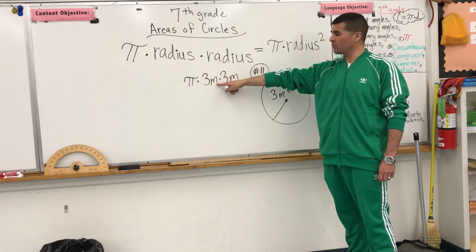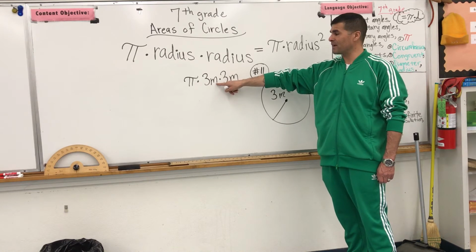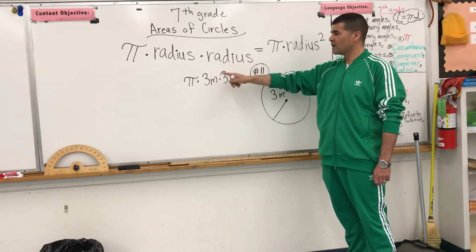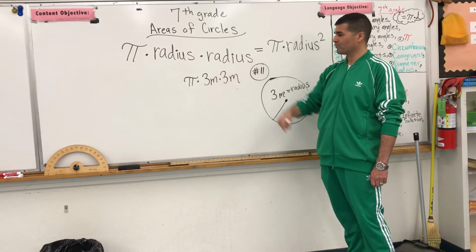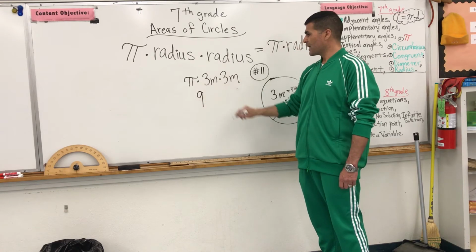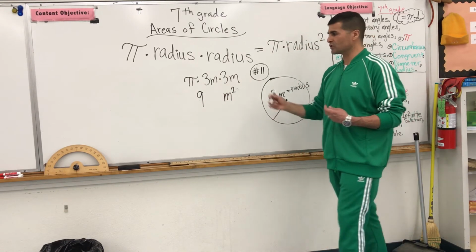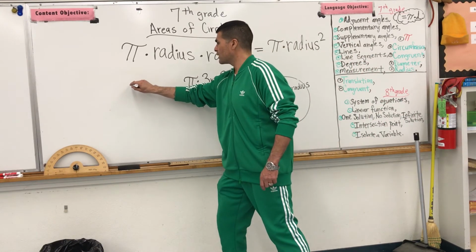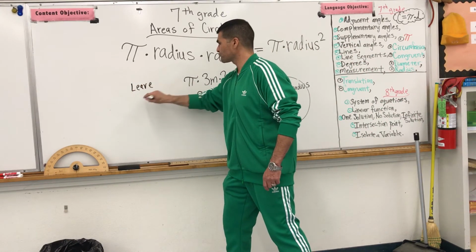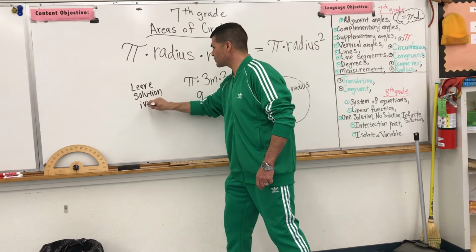M is the small abbreviation that we use for the word meters. When we're measuring meters on a meter stick, we use the small letter m. Well, 3 times 3 is definitely going to be 9. And we're definitely going to get meters squared. But if you read the instructions, it said to leave the answer, or the solution, in terms